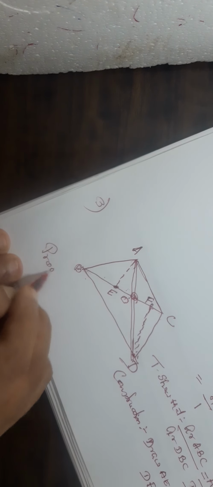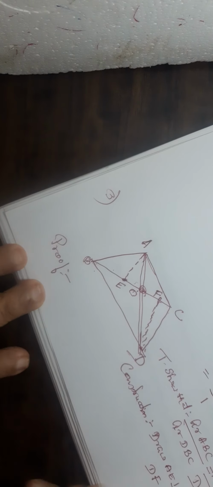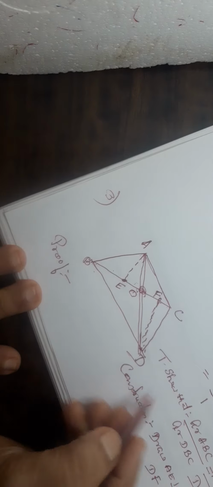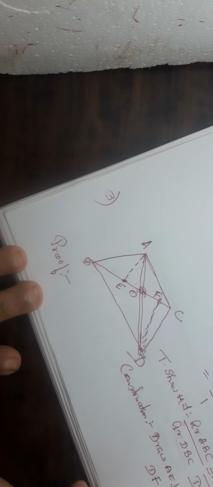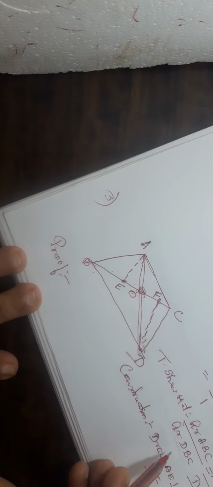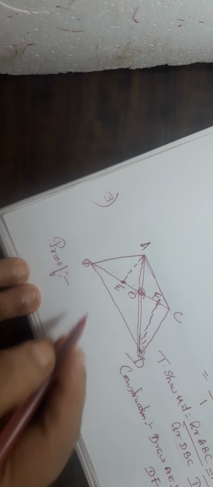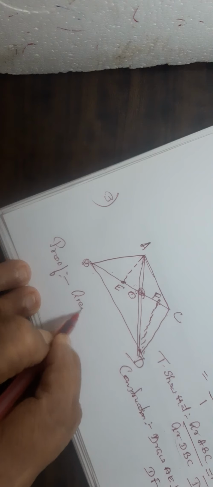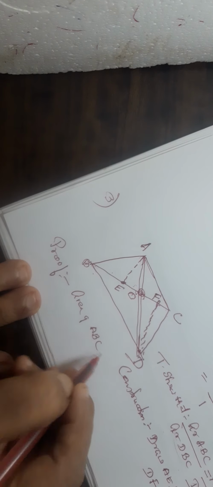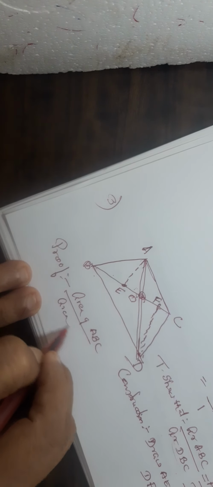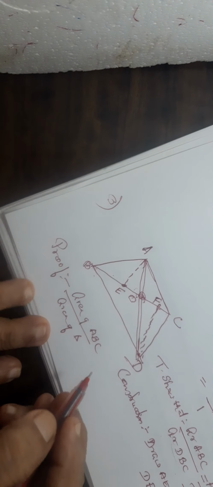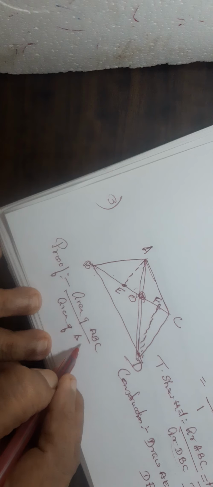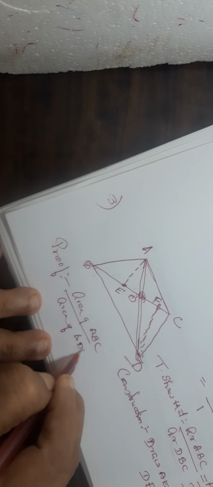Now proof. Here you want to prove AO by DO. Okay. Now they are asking you area of triangle ABC and area of triangle DBC. Now see, there are 2 steps here. What is the area of triangle ABC by area of triangle DBC? I will write here area of triangle. It's slightly like the theorem actually, but even then, area of triangle DBC.